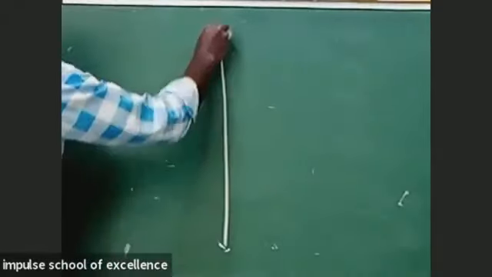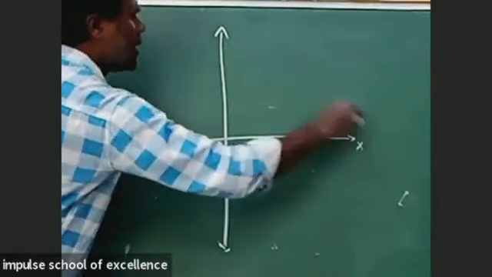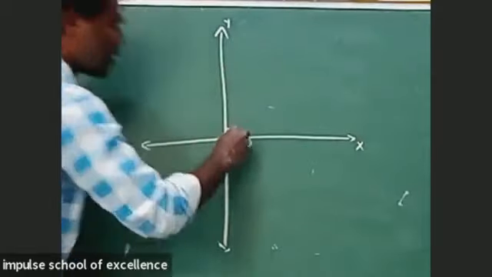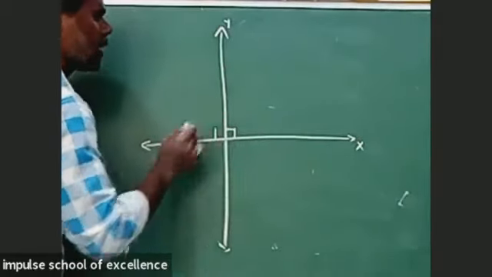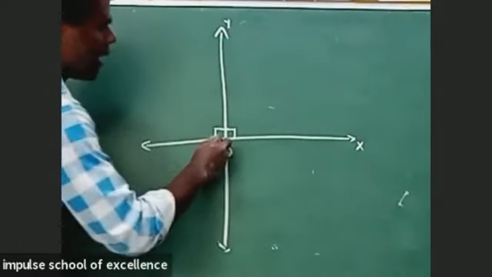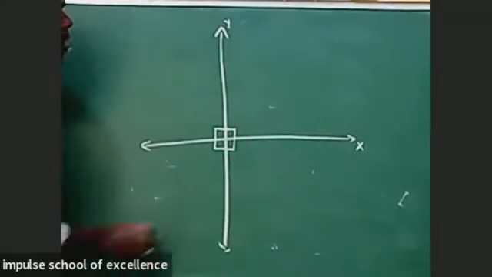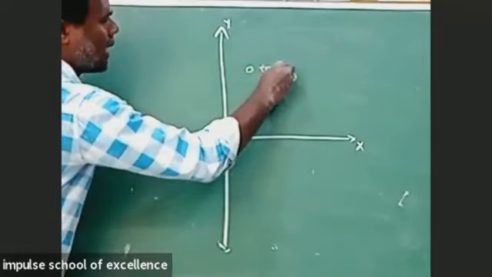Let us see that one, sir. It is the coordinate axis, with the y-axis and the x-axis. If you observe here, the angle in the first coordinate is 90 degrees. In the same way, we know that vertically opposite angles are equal, so this angle also will be 90 degrees, and this angle also, and this angle also. So here in the first coordinate the angles are 0 to 90 degrees.